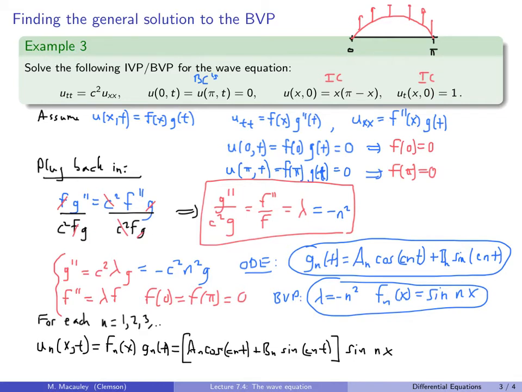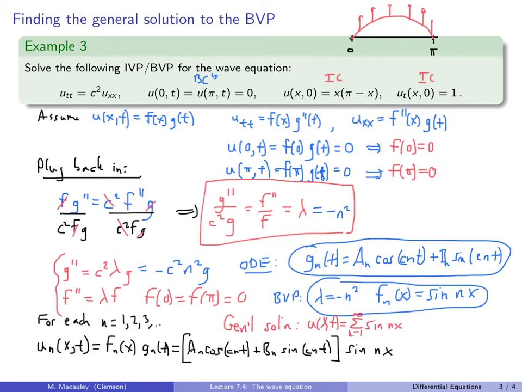Okay, so our general solution is just the infinite sum of these. I'm going to write that as the general solution: u of x, t equals the sum from n equals 1 to infinity. I don't know if I left myself enough room, so let me give myself a little bit more room here. So u of x, t is the sum from 1 to infinity of, I want to write sine first, just to be consistent with what we did last time,